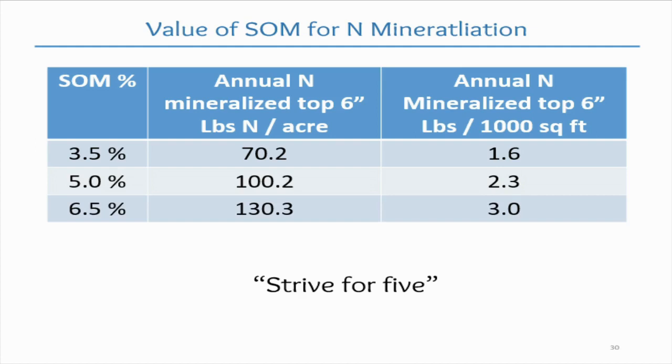If you can even get a little higher, maybe get it up to 6%, 6.5%, then you're looking at about 3 pounds of nitrogen produced. Again, not barring any further amendments. This is just stuff that's left over from year to year to year. You can expect maybe 3, 4, or 5 pounds of nitrogen in every 1,000 square foot plot. So that's pretty good. How much is that per acre, those last two numbers? Tim, why are you going to make me look these up? I think it gets into about the 160, 170 range in pounds